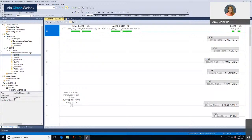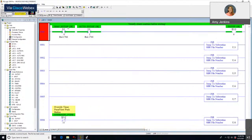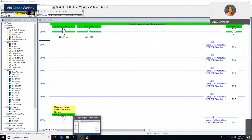So here you can see my symbols are now tag names. If I go back to RSLogix 500 and go to my main routine, here's my man e-stop OK, my auto e-stop OK. Here's that e-stop OK at B3:0/0. So if I go to Studio 5000,